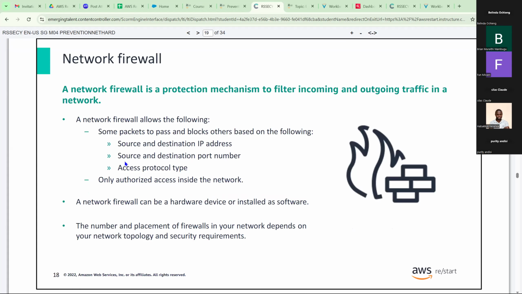Let's look at network firewall briefly. A network firewall is a protection mechanism to filter incoming and outgoing traffic in a network. Incoming and outgoing traffic on a network is filtered. Even organizations use this so that they make sure that even the outgoing traffic, there are sensitive things that can be added in the